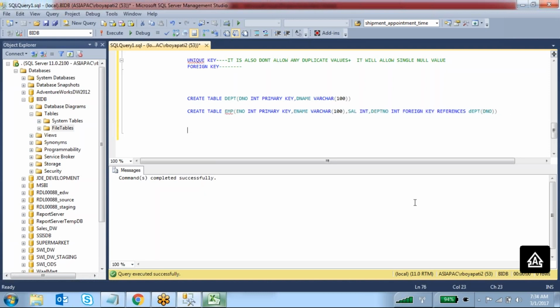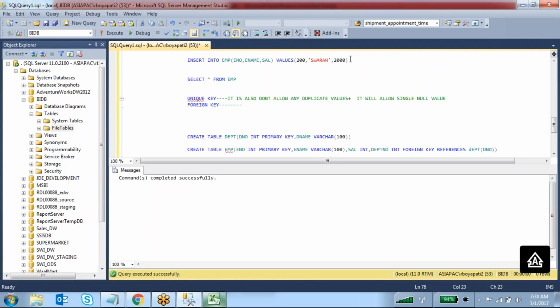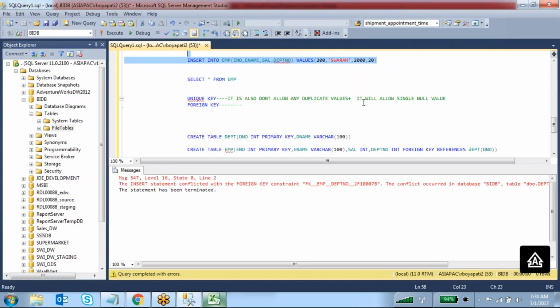Now I want to insert data into this EMP table. So employee number, employee name, salary, comma, department number. The department number is 20. The insert statement conflicted with the foreign key constraint.